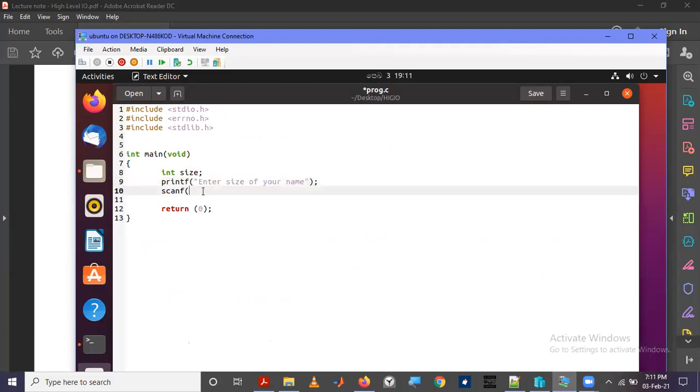So we are going to scanf. This is again the format. Inside the format, we are going to specify that we are going to get a variable here. And then in scanf, you have to pass the address of the variable, so it is &size.